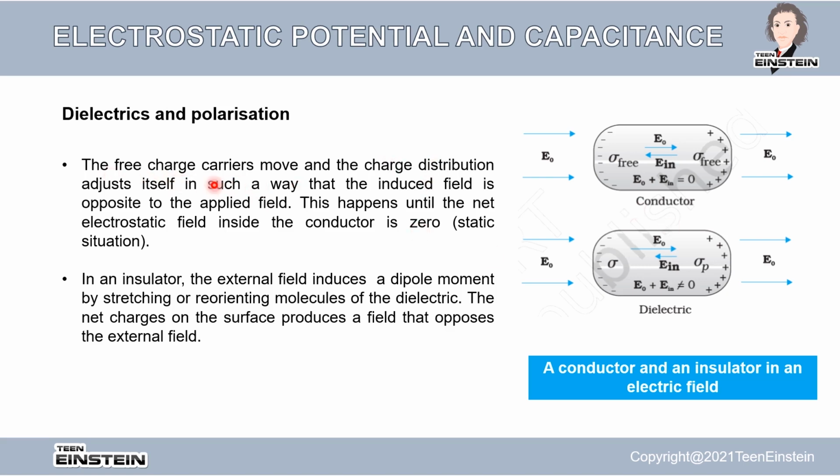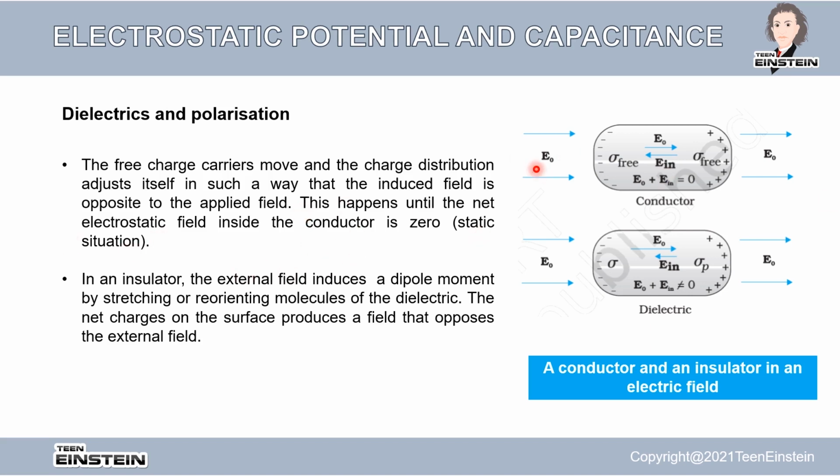So the free charge carriers move and the charge distribution adjusts itself in such a way that the induced field is opposite to the applied field. So this is the case of a conductor. So this happens until the net electrostatic field inside the conductor is 0. So when you keep a conductor inside an electrostatic field, the free charge carriers will move. They move in such a way that they cancel out the